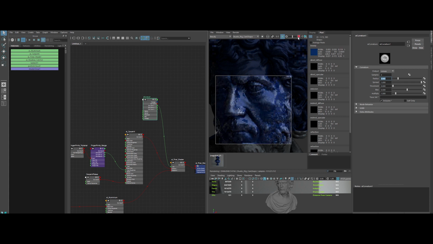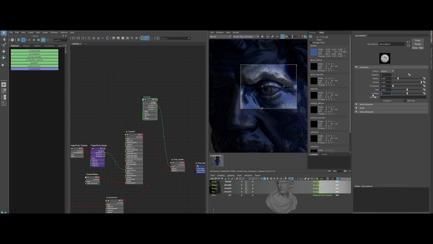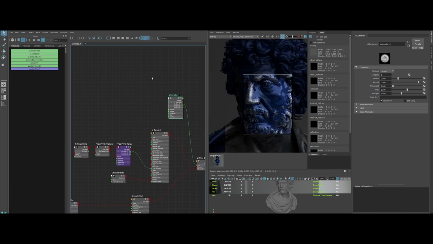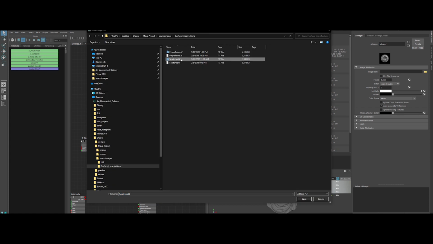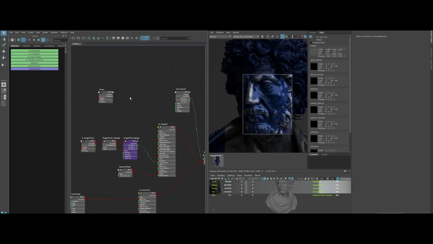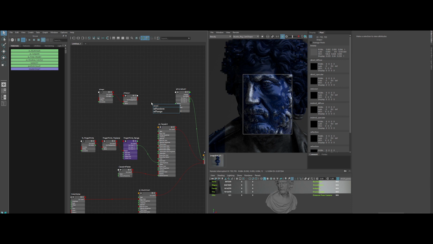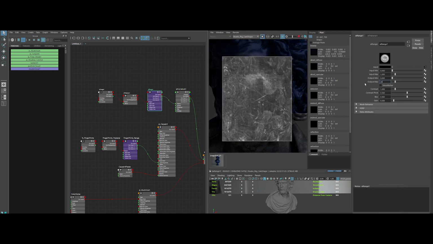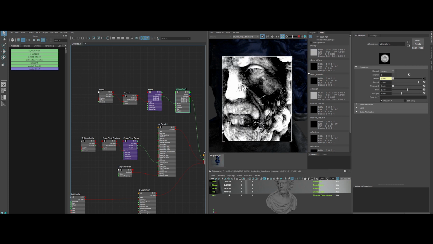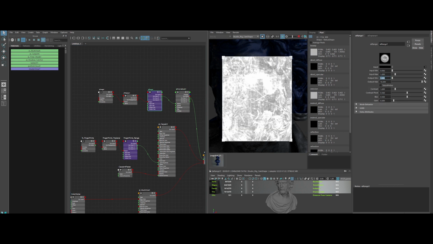Now I'm tweaking the value of the curvature node. It's all about feeling it right. And I want to drive the radius of the curvature with a map. Some nice scratches. Now, as before, I'm creating a triplanar node and an AI range to tweak the output value. Remember that you have to boost pretty much the value in order to see something in the AI curvature node.